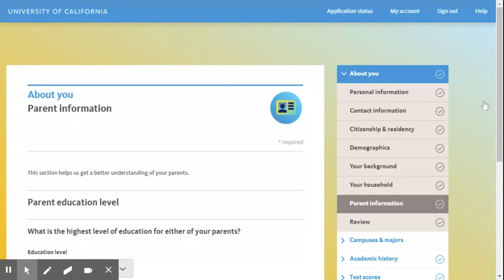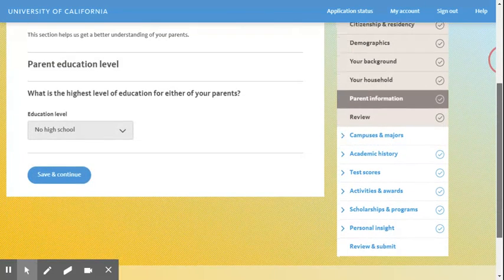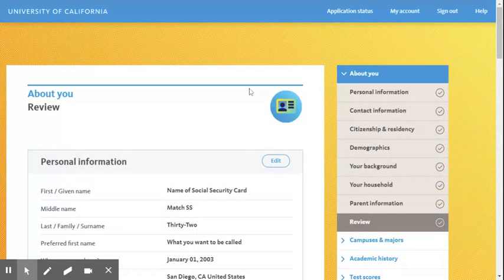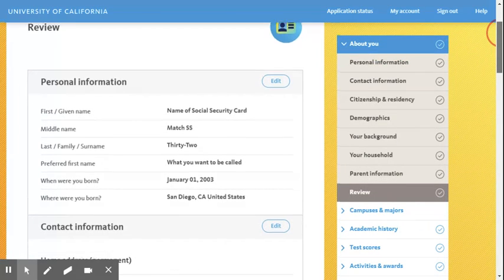And then other parent information, education level. They want to know if your parents or guardians went to college and graduated. And if not, you're considered a first generation student, which definitely looks good on your application. So that's basically it about this portion. Next, we'll go into the information about campuses and